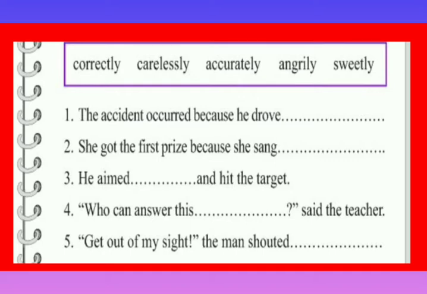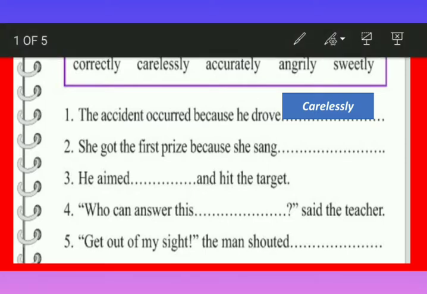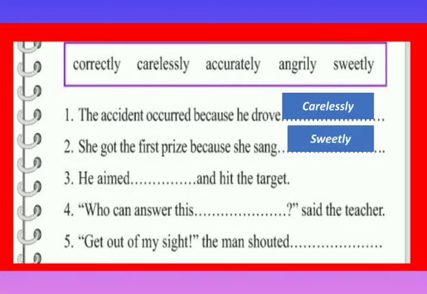Now Pratyasa, you tell me. Very good. The accident occurred because he drove carelessly. Now Radha, you tell me. Very good. She got the first prize because she sang sweetly. So Pulkit, you tell me. Very good. He aimed accurately and hit the target.